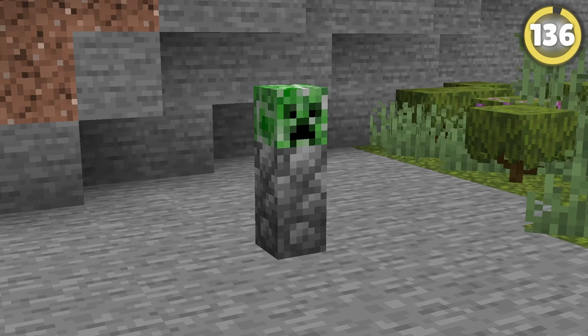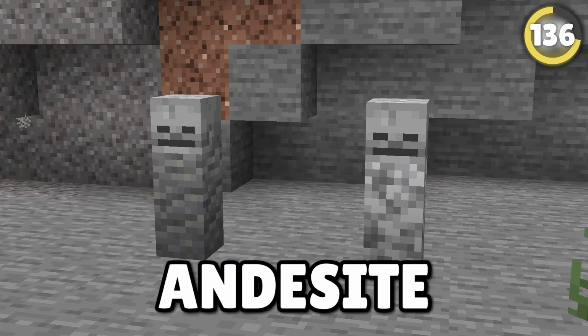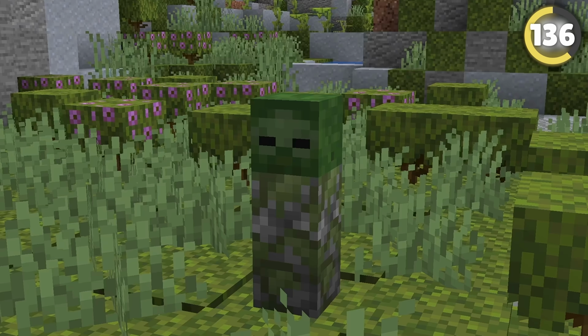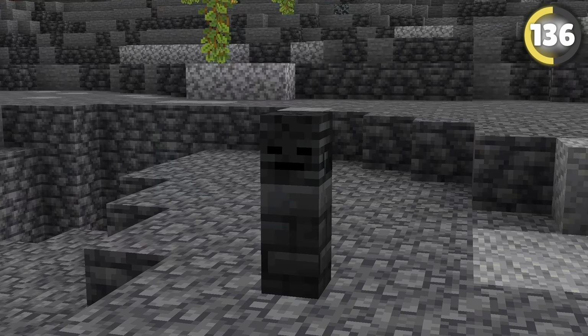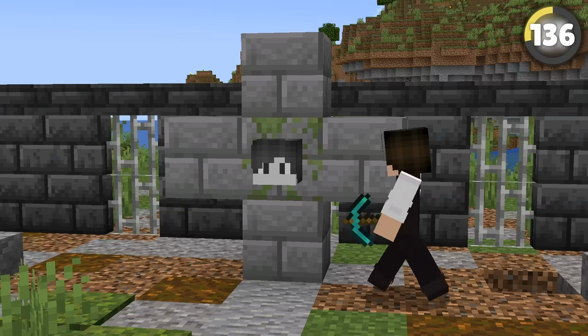Did you know that mob heads fit perfectly on top of wall blocks? Skeleton skulls also match really well with andesite or diorite walls, zombie skulls with mossy cobble, and wither skulls with deepslate walls. I don't know what you could use this for other than making gravestones, but hey,